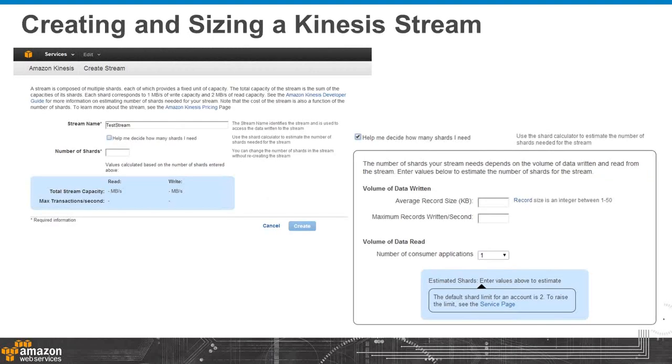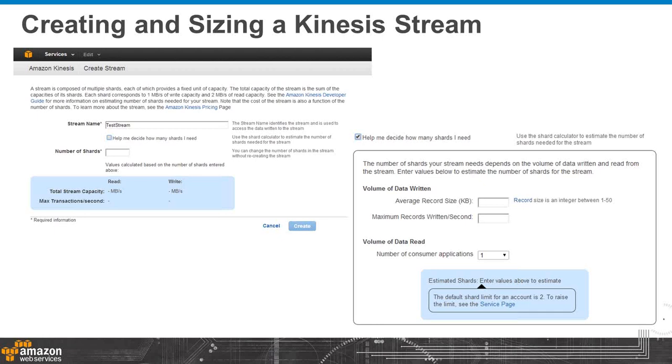In order to create a stream, the service makes it easier with the help of the console, wherein a stream can be created by simply supplying the stream name and specifying the number of shards. There is a simple calculator that will help you decide how many shards might be relevant in your specific use case.